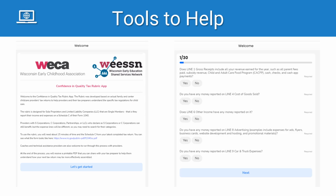By assessing last year's Schedule C, you now know how to prepare this year's taxes. There's a free tool available to you that we, Civitas Strategies, developed through the partnership with the Wisconsin Early Childhood Association. This free-to-use online app, accessible from a computer or your phone, walks you through a series of yes or no questions about last year's Schedule C, and then the app will email you a PDF of your answers along with an explanation of how you could best utilize that part of